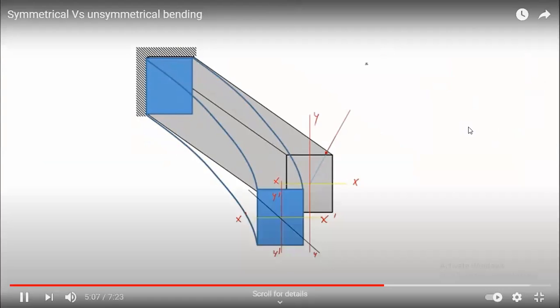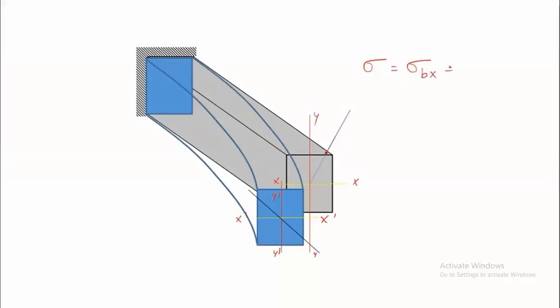If you want to find the stress at any point in the cross section, sigma will be bending about the x-axis plus bending about the y-axis, because you can resolve this